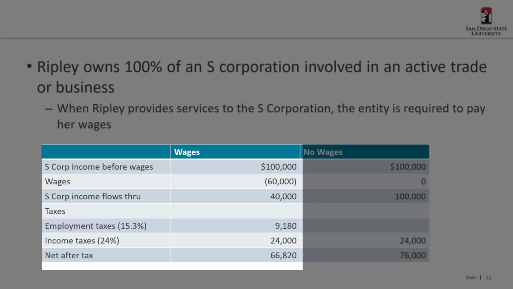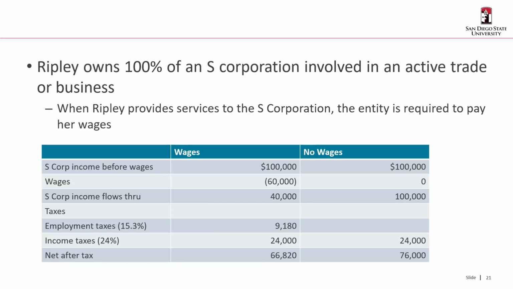So she pays employment taxes on the wages. So it's her and her S corp both split it, but since she owns all the S corp, we can legitimately kind of think about that as all being hers. So she pays employment taxes of 15.3%. And then, of course, she pays income taxes, and I just assume 24%. We don't really know what Ripley's marginal tax rate is, but we can go ahead and assume 24%. Why not? And she pays that amount as well. So her net after-tax cash flow from that $100,000 of activity is $66,820. So it looks to me like her tax bite is